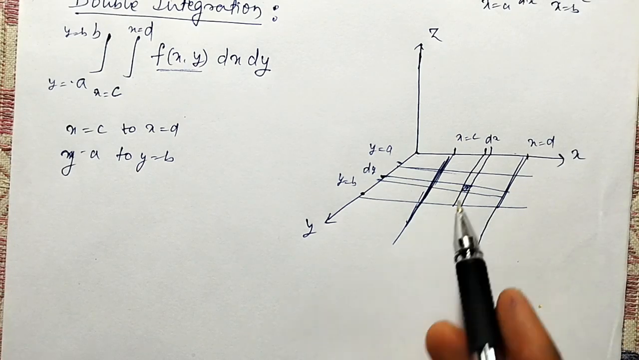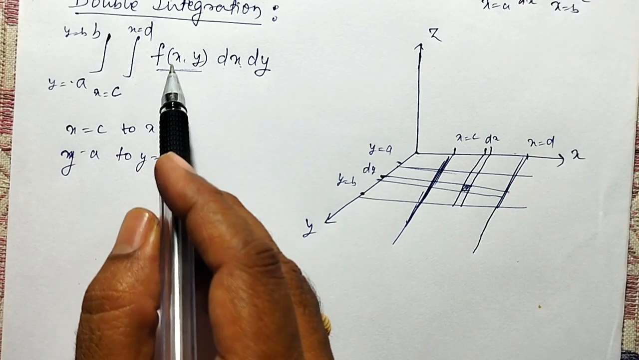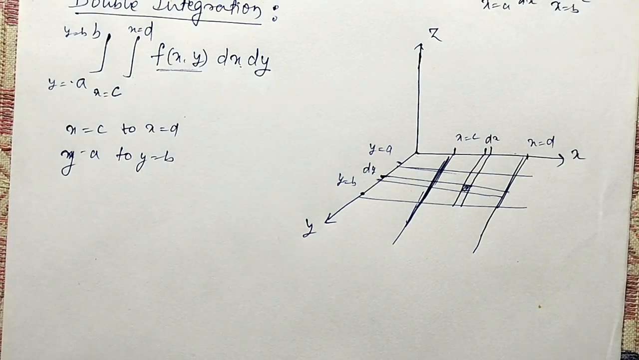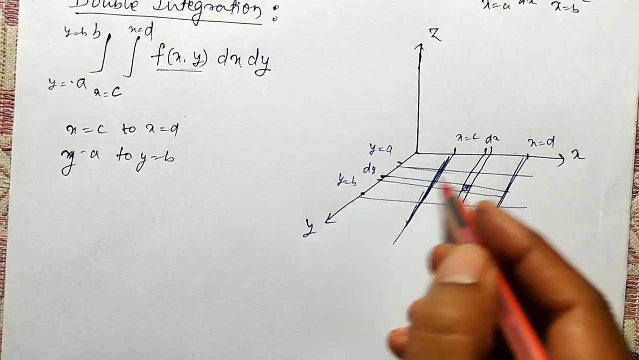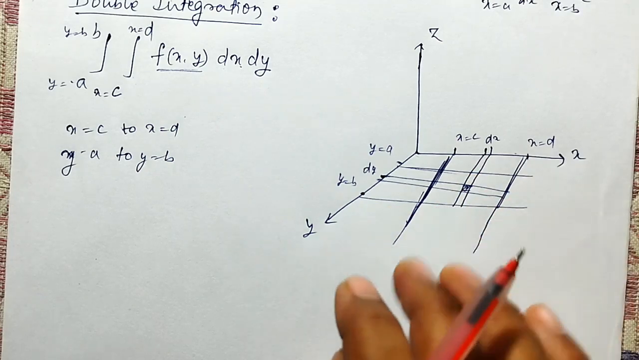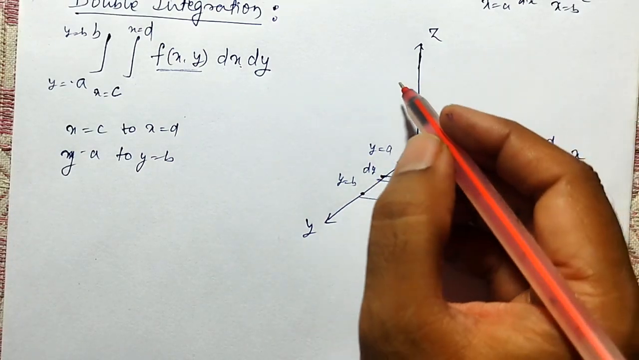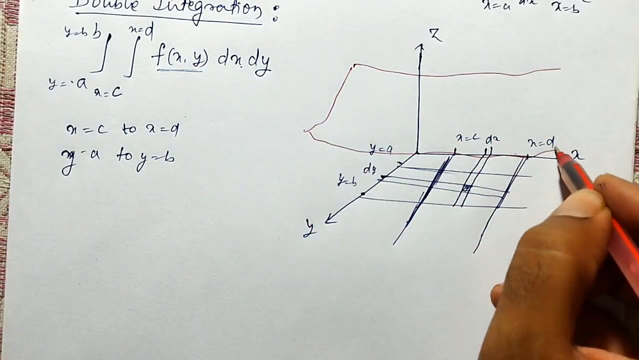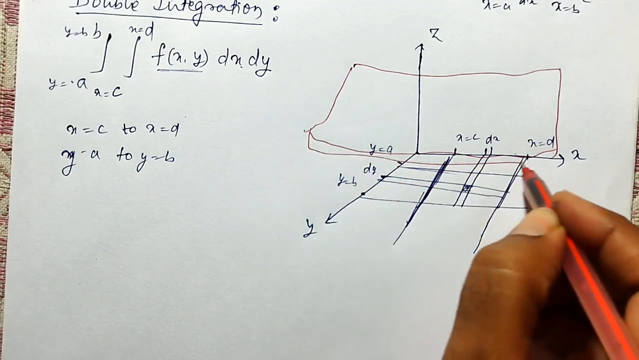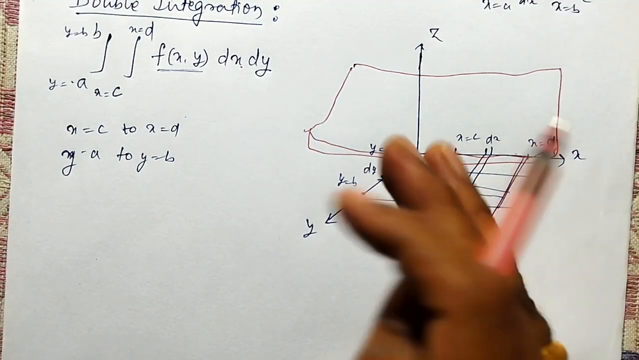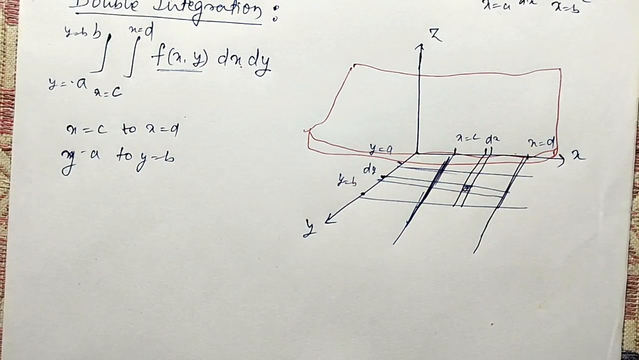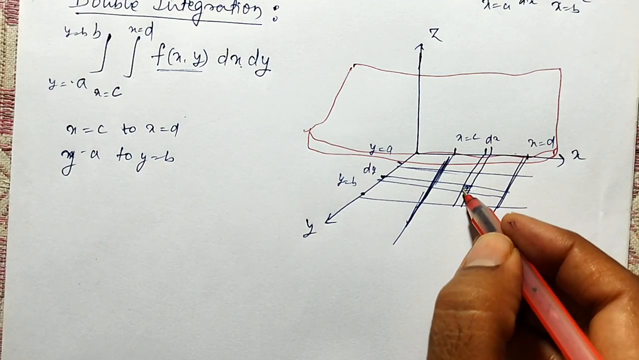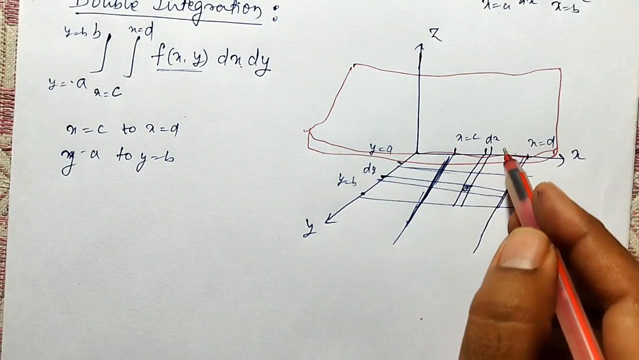This dx into dy is multiplied with f of xy. What is my f of xy? f of xy is nothing but a surface, a surface over the xy plane. Let me consider one surface as an example, which is parallel to the xy plane. It may be of any shape. Now, this surface f of xy